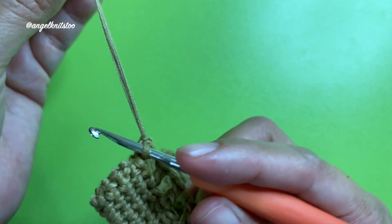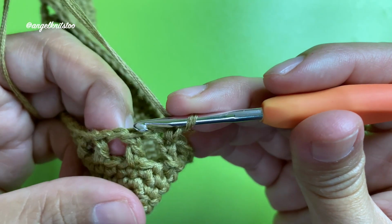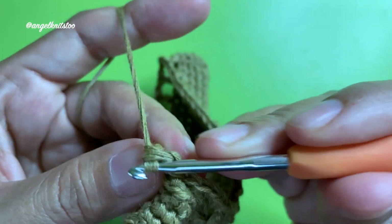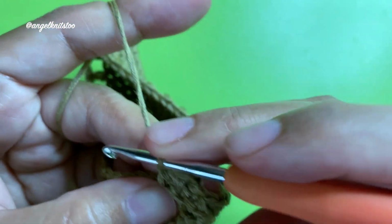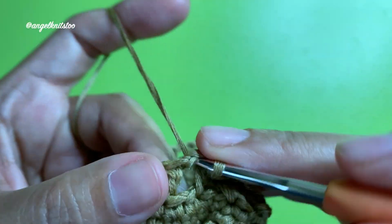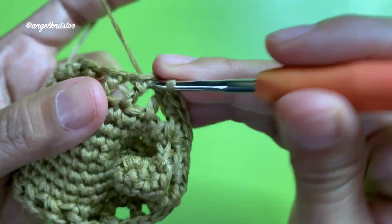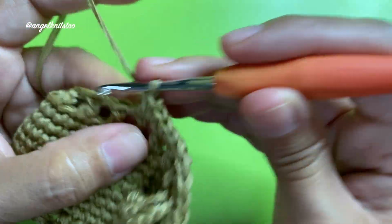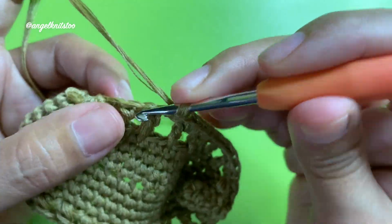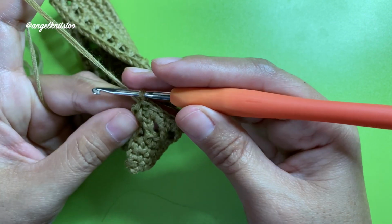For the next round, we are going to chain 1 and we're going to make 2 single crochet in every chain 1 space. Two single crochet in every chain 1 space. Going to make a slip stitch on that very first chain that we made,